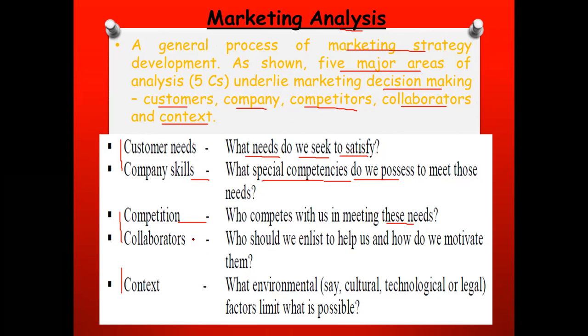Final thing is what? The customer has to choose which product. That's why if you see the car companies also, you are having a number of car companies. You can purchase those products. So there is no demand or commanding of buy only this product. That is monopoly. That should not be there. Next one is collaborations. Who should we enlist to help us and how do we motivate them? So collaborations means, for example,